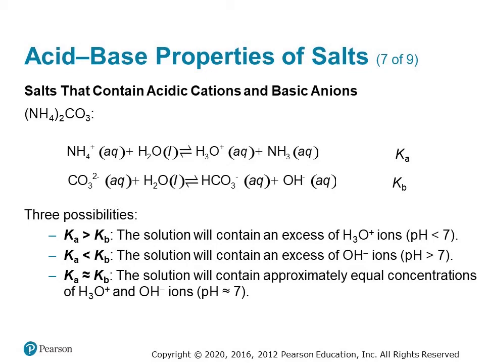In brief, if the acidic ion is more acidic than the basic ion is basic, the solution itself will be acidic. In the opposite case, where the Kb for the basic ion is larger than the Ka for the acidic ion, the solution contains an excess of hydroxide and will have a pH higher than 7. In other words, if the basic ion is more strongly basic than the acidic ion is acidic, the solution will